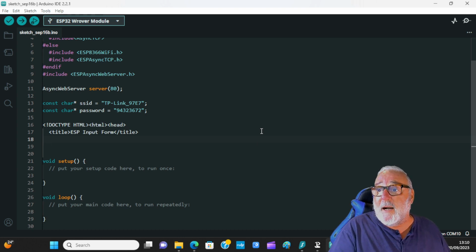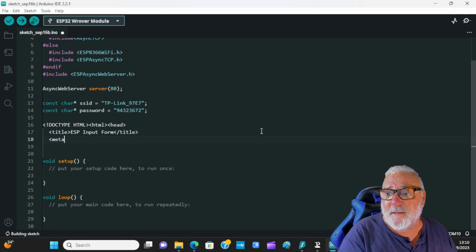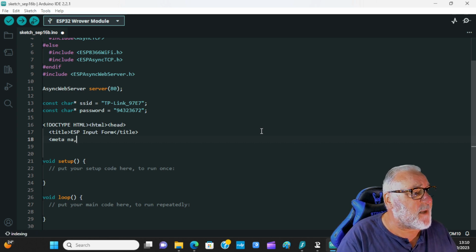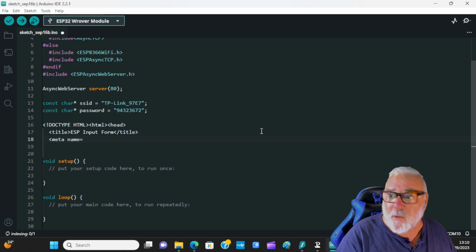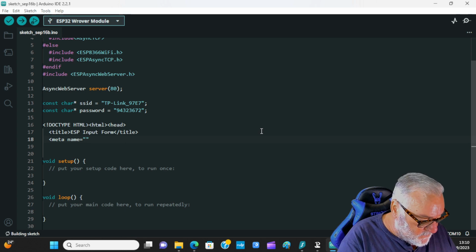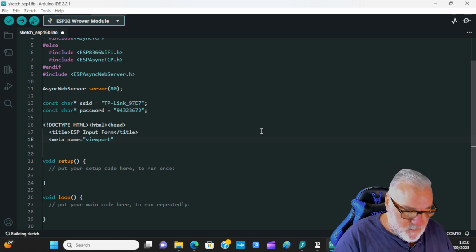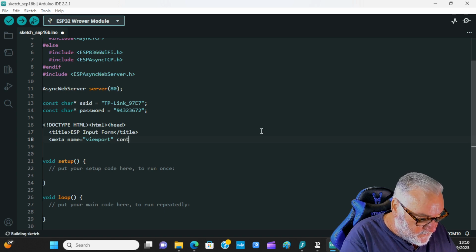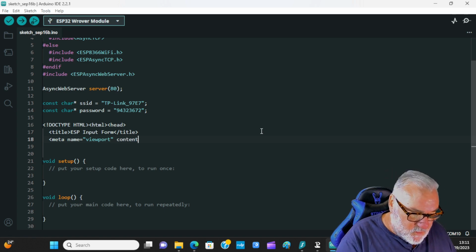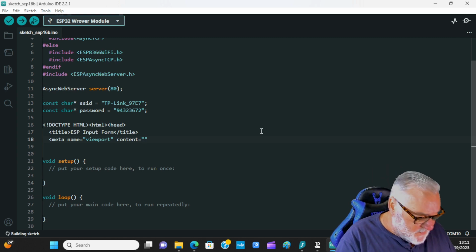Now it's our assign meta name, space name, equals quotes, viewport, all small case, come outside the quotes, space content equals quotes, width equals device,